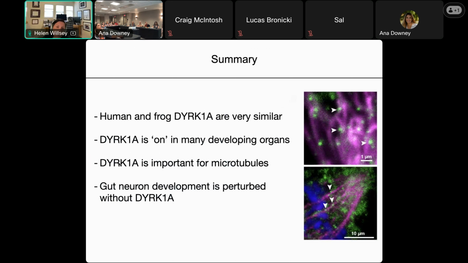And then really what we're honing in on is that DYRK1A is really important for these structures, microtubules. These are kind of highways of the cell. They're doing a lot of different things. They're important for cell division. They're also important for these cilia structures. They're also important for neurons to be able to migrate. And so we specifically now looked at gut neuron development and see that there are migration problems and neuron number